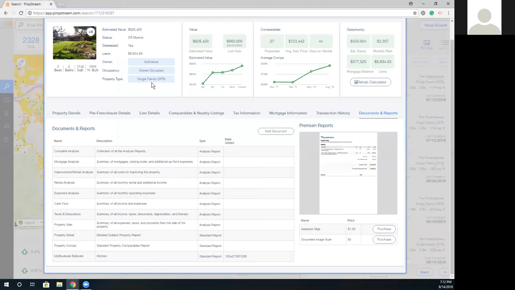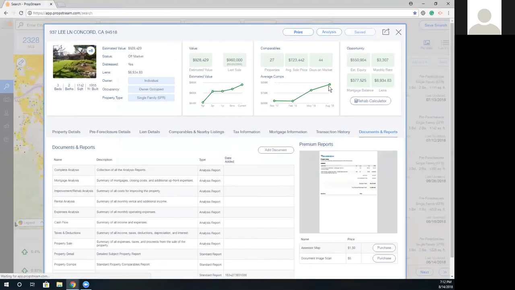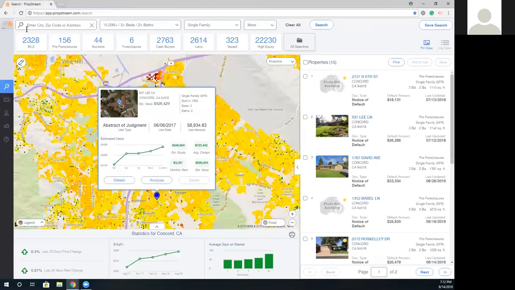All right, so ladies and gentlemen, that's pretty much the search part of our system, right? So you type in an area, we'll give you the statistics. You have the ability to use our heat map to identify a certain category that is of interest to you. You can filter your results to narrow down rather than going through the 150 pre-foreclosures. You can click on the addresses to view their details, their comps, the MLS listings, the MLS comps, run the rehab calculator.